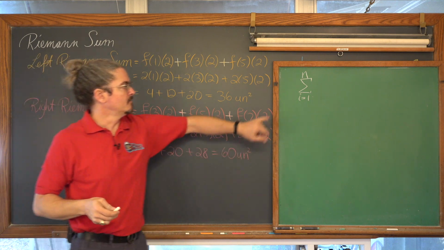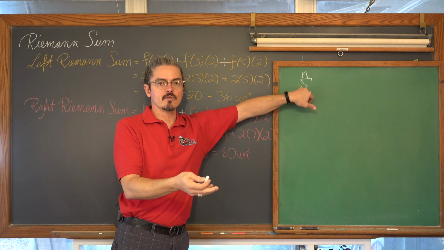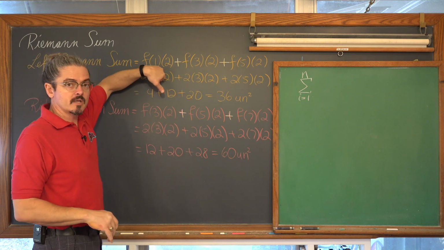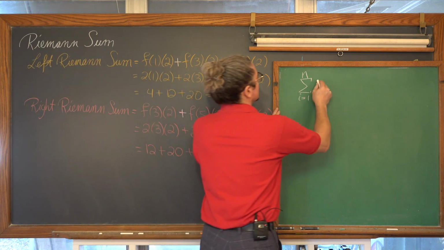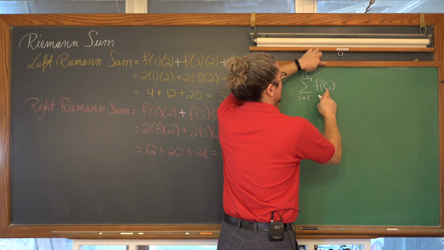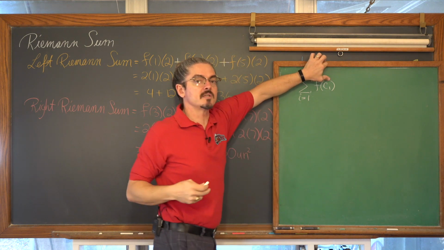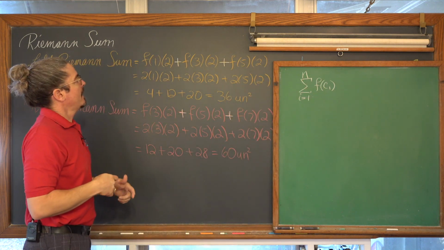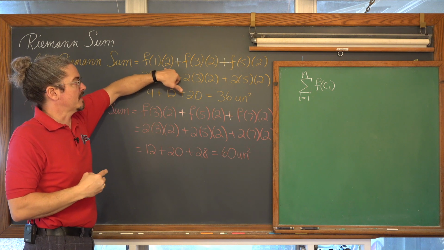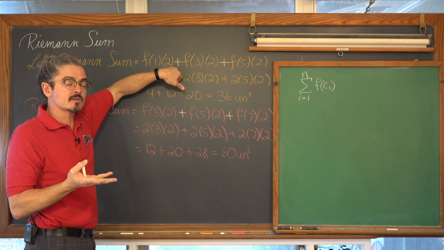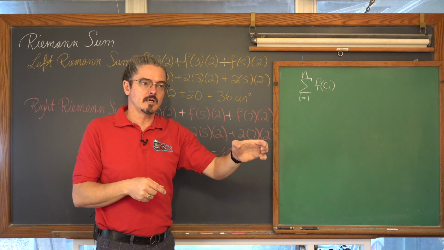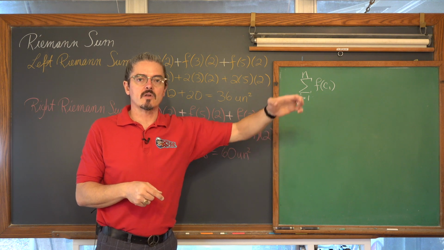Now, what is it that we're constantly adding over and over again? We're adding the area of a rectangle. We're adding a value that we're getting from a function, and we're going to call the numbers that we're plugging into that function c sub i. It's just a value of x. And then the y value that we're getting from the function, we're multiplying by some constant value, in this case 2, some predetermined interval spaces along the x-axis.